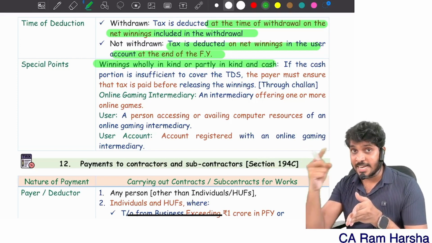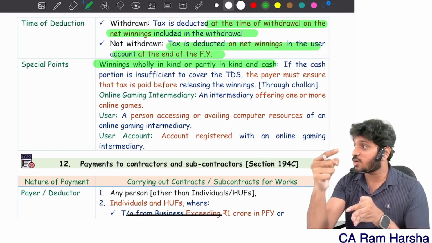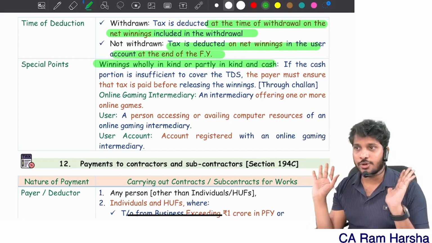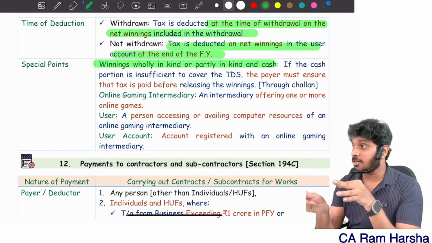Ask him to pay 3 lakhs to the department as advance tax. Take the challan. Then release the car. Are you getting it? Suppose the winnings are in kind, or in cash and kind, but the cash portion is